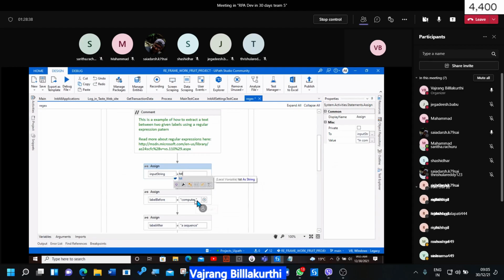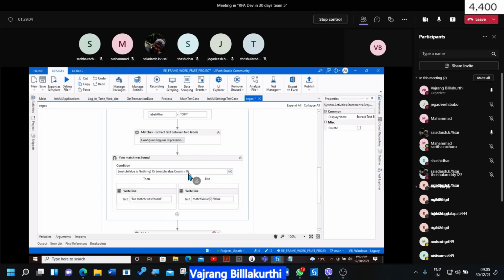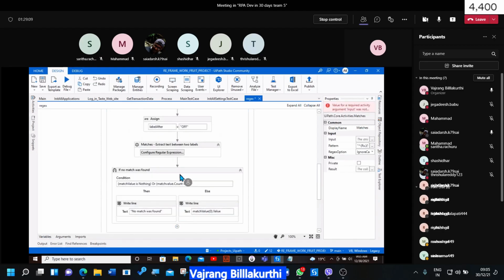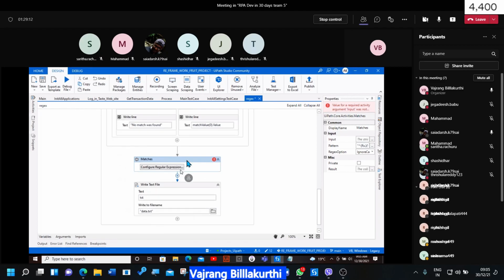And here I can just give it as double quotes, capital R S space or dot, and this will end with OFF in caps. So label before, label after we have added, and this will give me the results, and match value will find matches. I can remove this match actually.